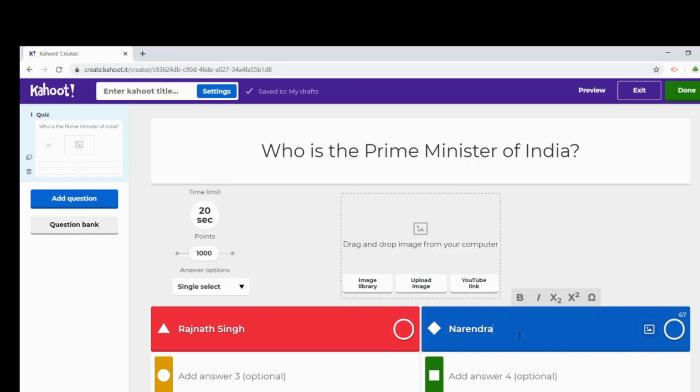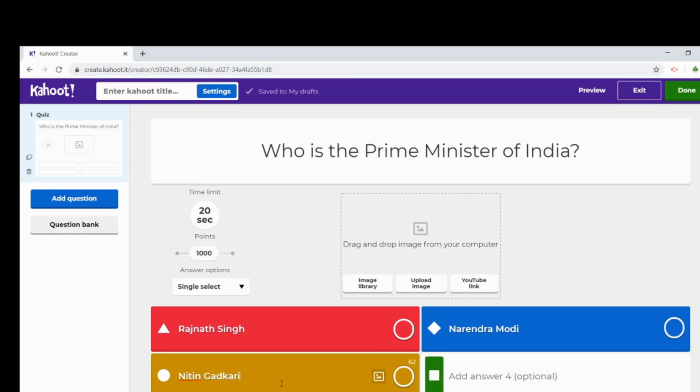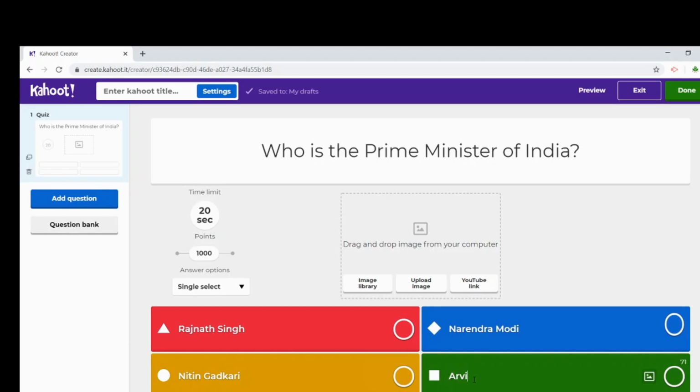Narendra Modi. This is third. And fourth is, suppose, Arvind Kejriwal. The correct answer is Modi, and right-click here. So this is the first question.